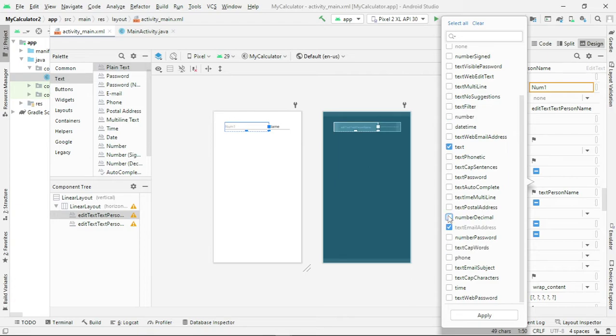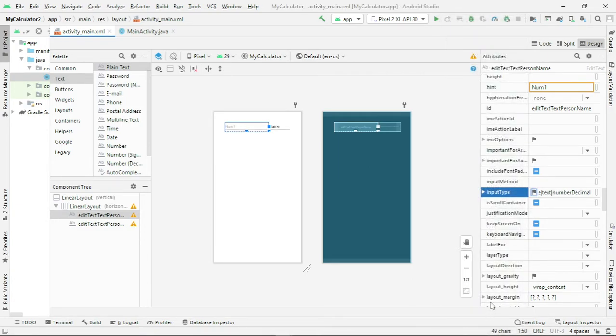Okay, let me select it as number decimal. Apply. Okay, fine. So here directly you can take a number decimal also, or signed number. Here I have taken an edit text. Instead of an edit text, you can also go with a number, signed number, decimal number, etc.